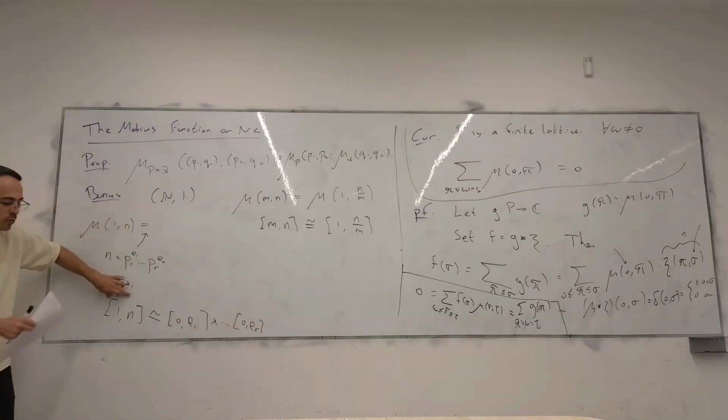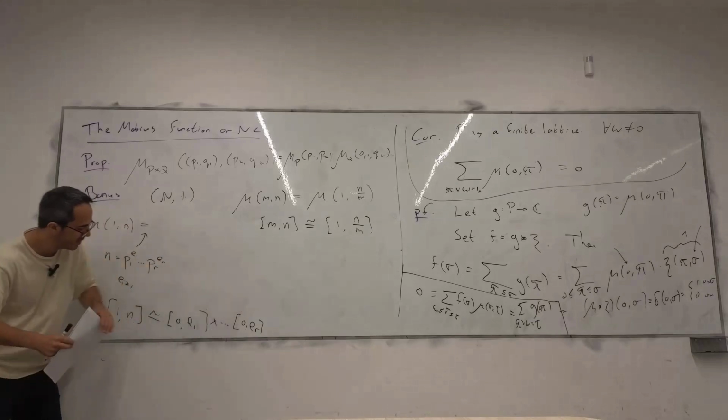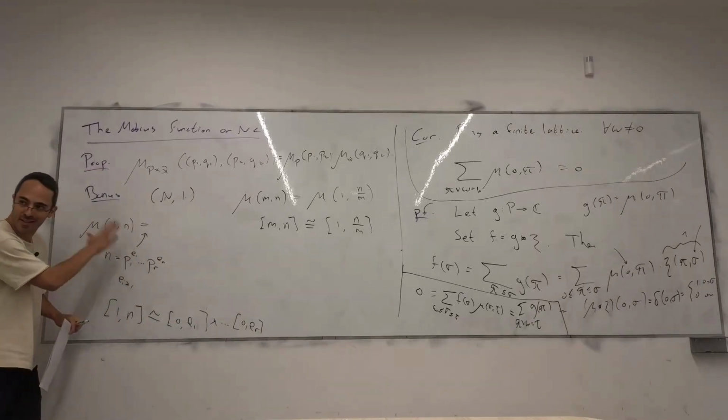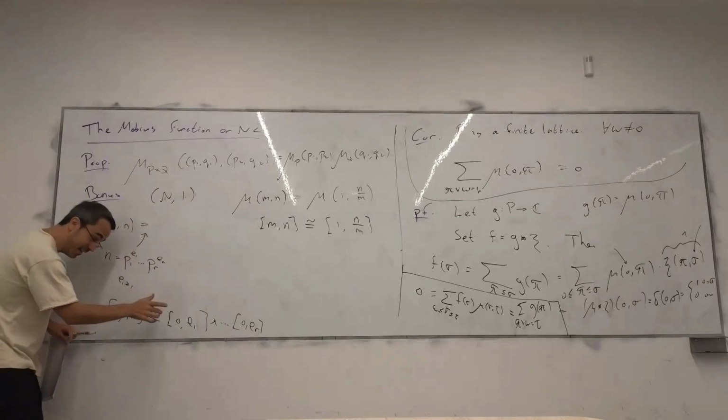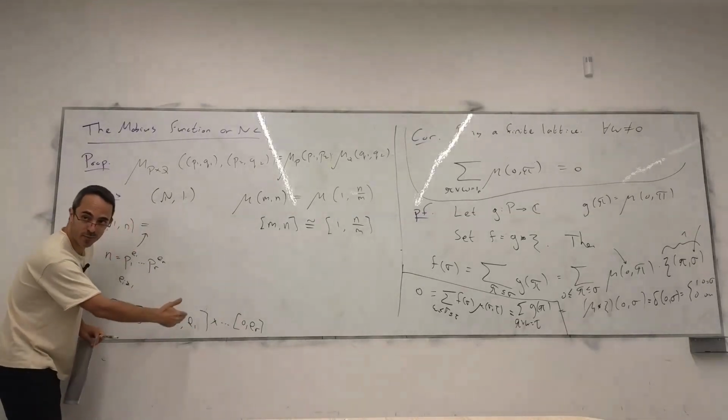So this lattice, which is kind of, weird numbers divide each other, is actually isomorphic to the lattice which only encodes which powers you have. You don't really need the primes. The primes are kind of fixed. Exactly, good. Great. And this lattice is just the numbers 0, 1, 2, up to E1.